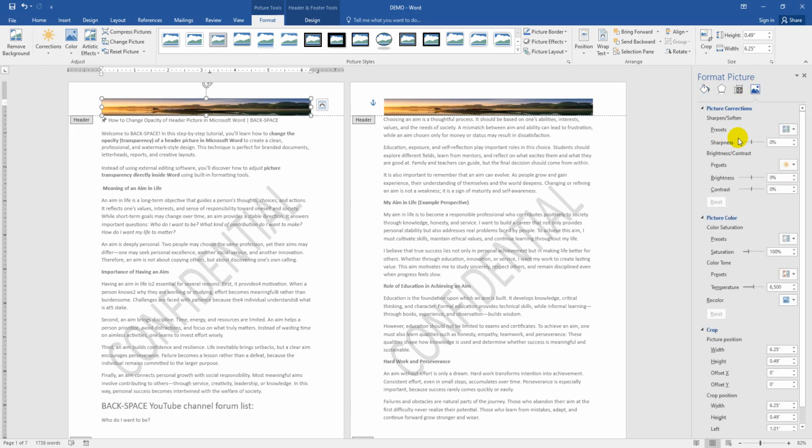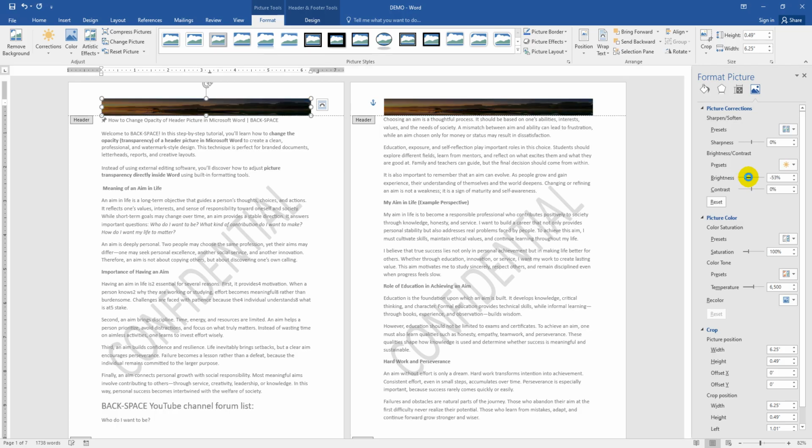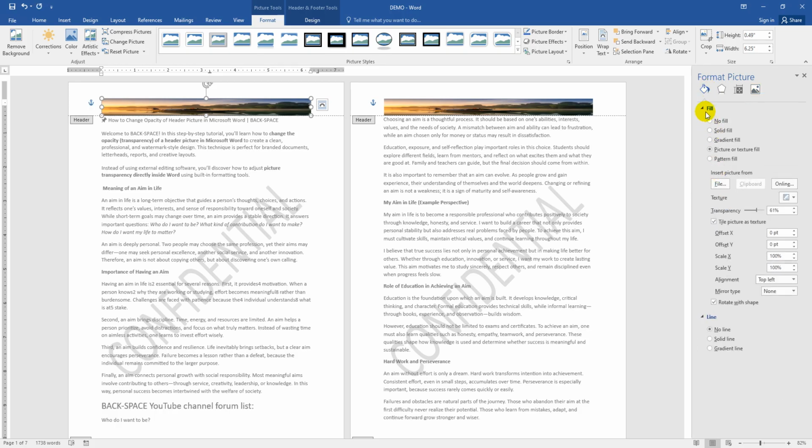Now I change the transparency of the picture. Here the brightness, now I disable the brightness. You can enable or disable this, like reset this. Go to the shape option and we can see here the picture and